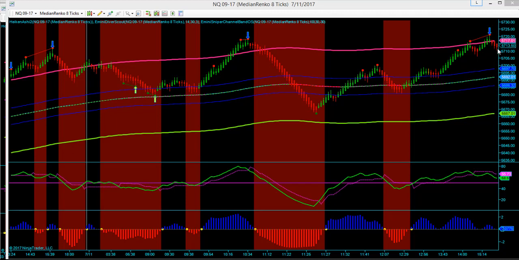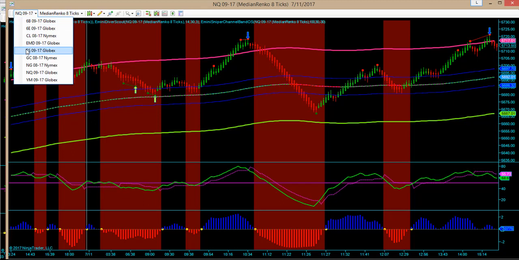They bounce and then they don't give you a fresh high, and that's that head and shoulders look that we're talking about. And then we end up back here at 5,700. So this is where price wants to get to. They can overshoot it. This was some decent movement, but what ended up happening was when we were looking at the other markets, EMD and YM,